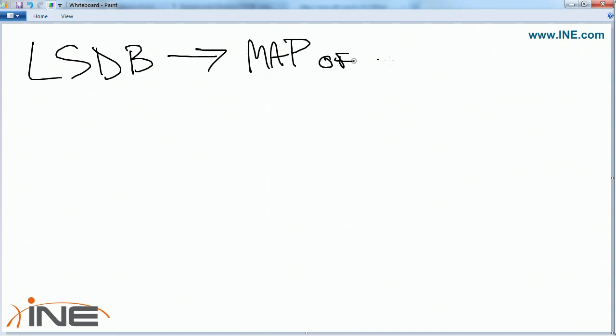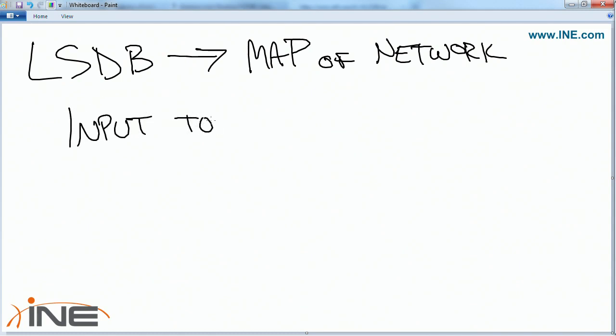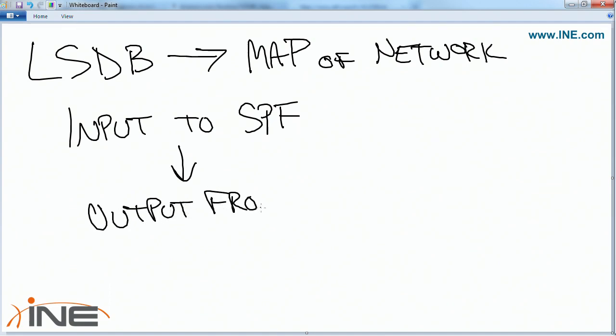So this is the map of the network. Or the topology? The map of the topology, right. The link state database is the input to SPF. So it's the data set that you put through the algorithm. The output from SPF